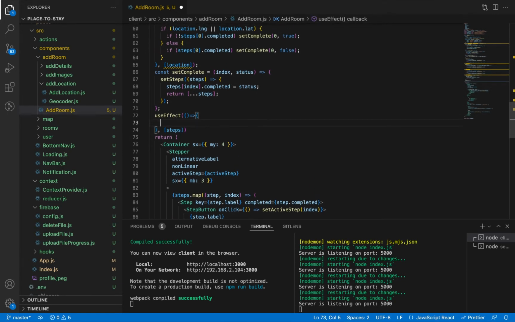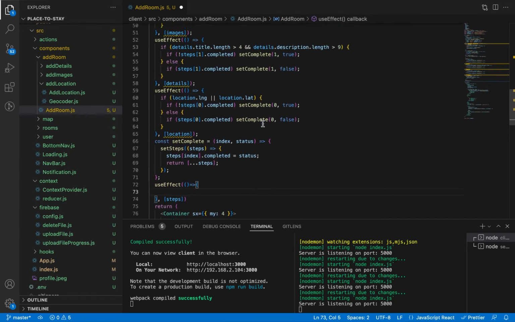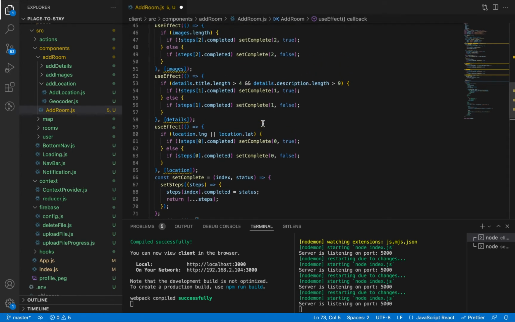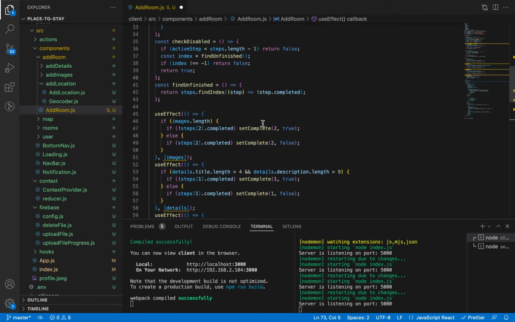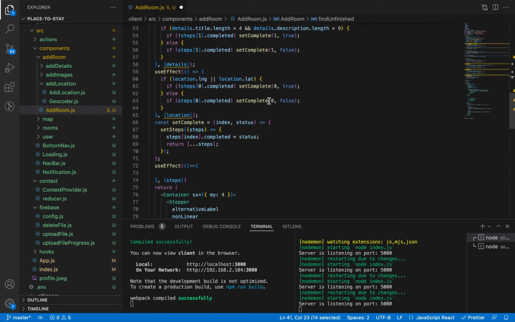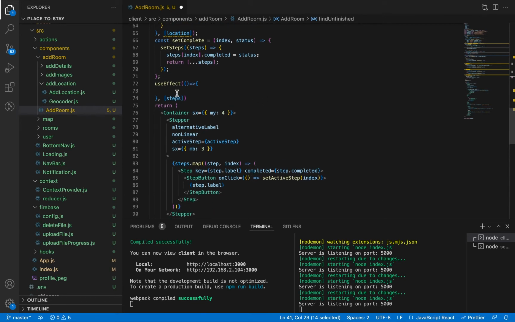So here we will check if all our steps are completed. We are going to use this function, findUnfinished. This function checks if all our steps are completed. If they are, this function will return -1. That means this function couldn't find any unfinished step. So let's check